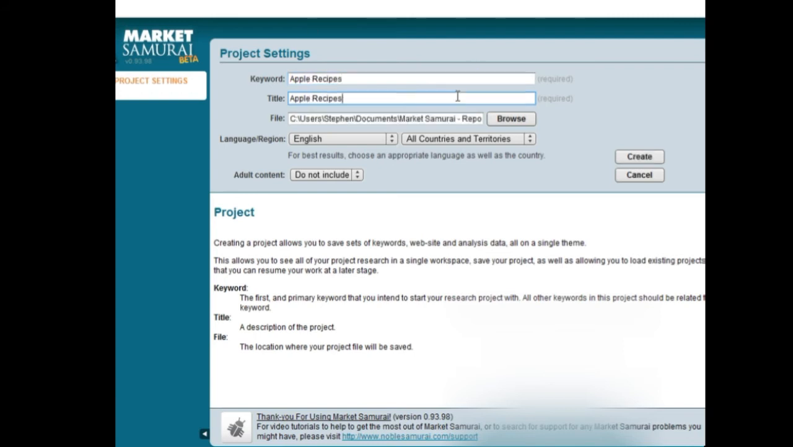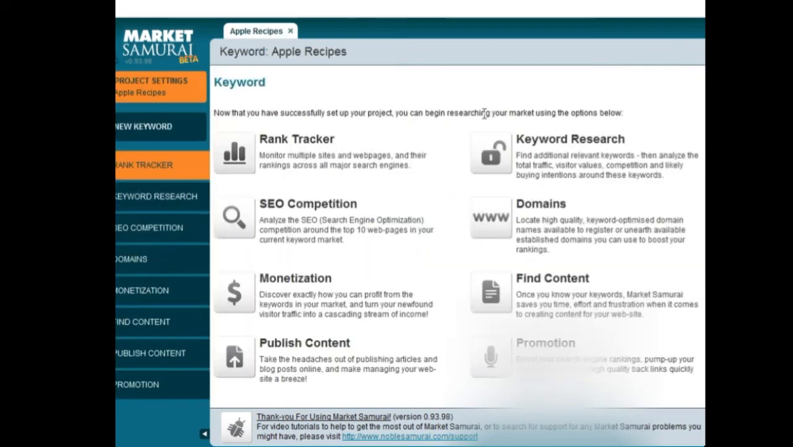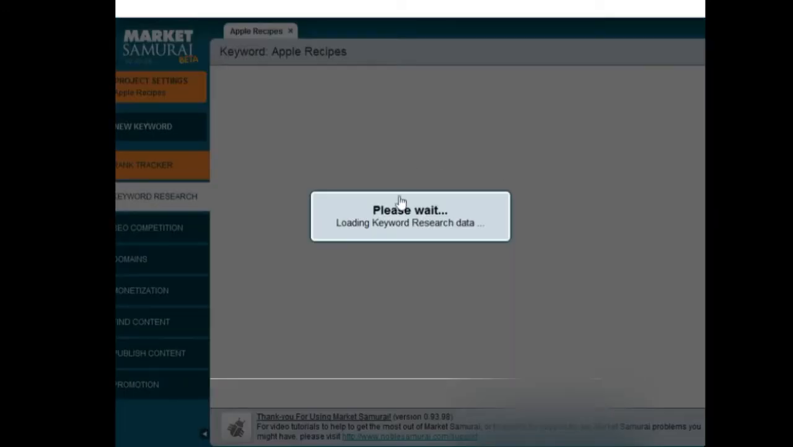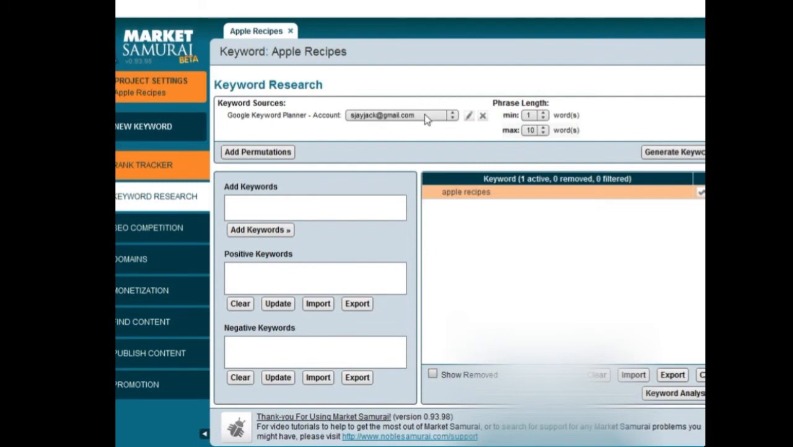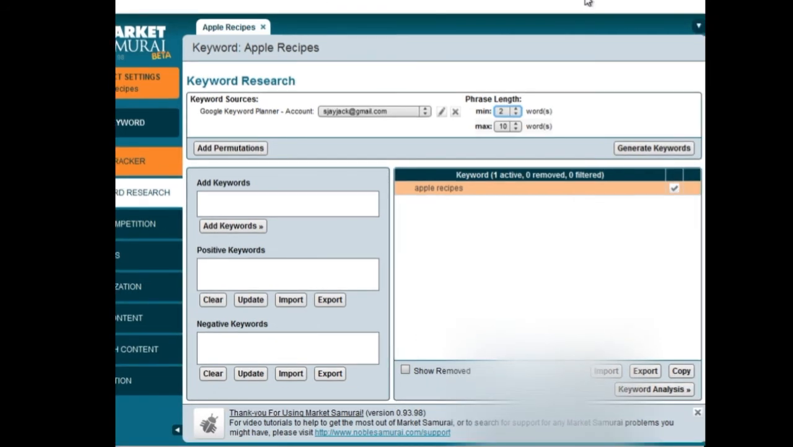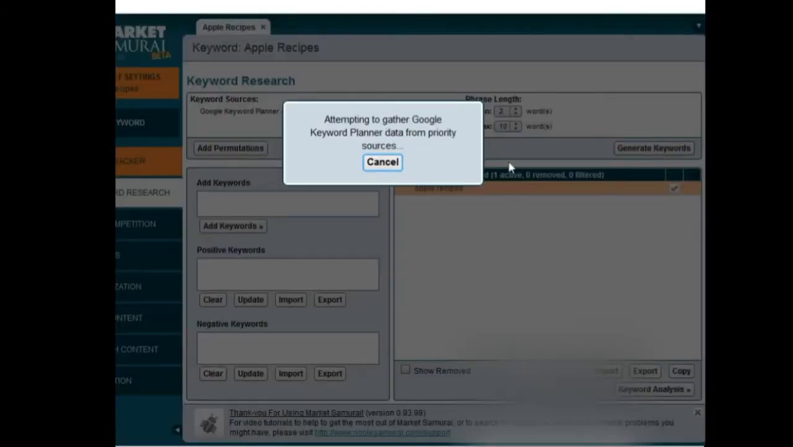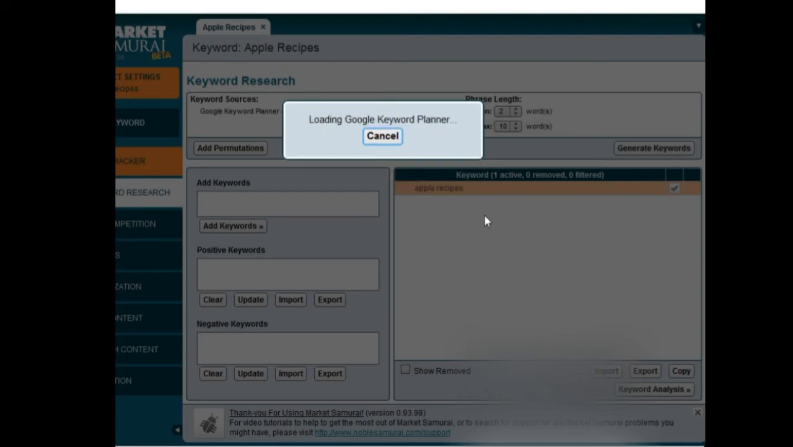And what this does is generate keywords based on apple recipes, and this is what I really like about Market Samurai, is that it just goes right after whatever I'm looking for. And then what I do is I run over here, and then I click generate keywords, and of course this runs off of